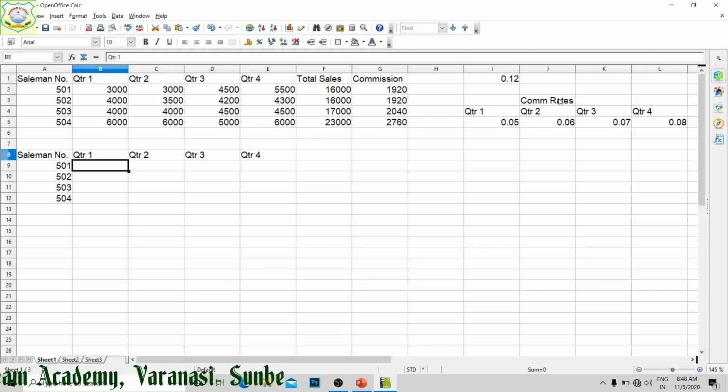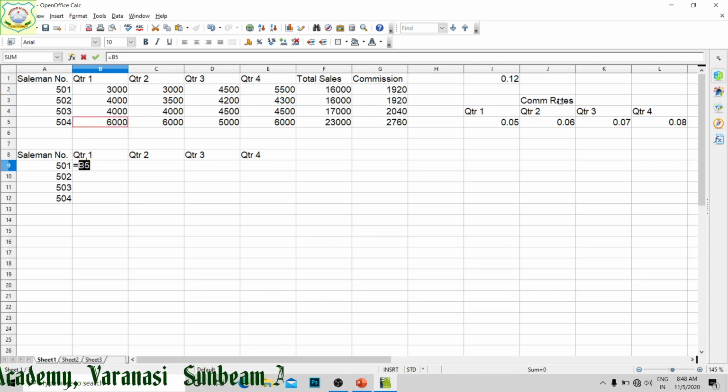Now here how we are going to use the formula, equal to this quarter 1 into this cell address, which is I5. So I am going to use I5 here. So $I$5 I have written, but it will remain fixed for everyone.